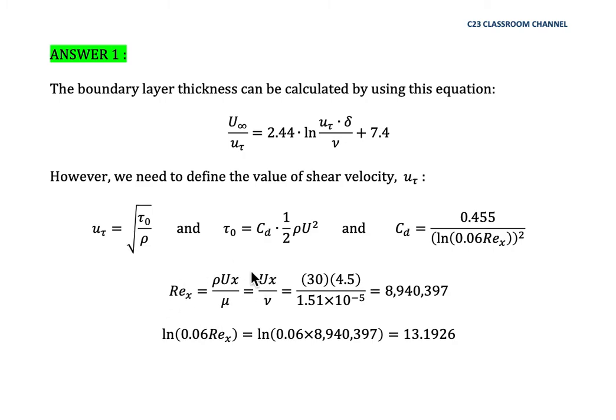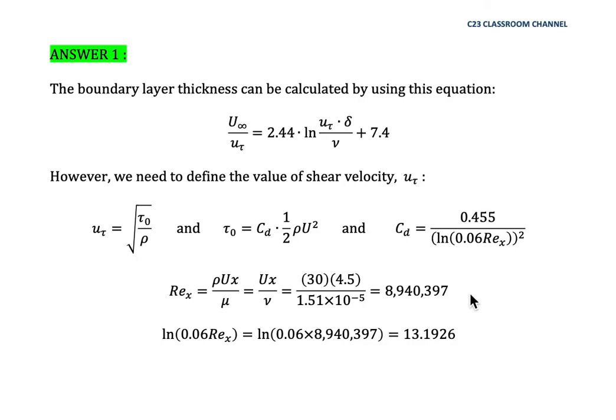So this is the equation for Reynolds number. We have rho Ux over mu, or Ux over nu. Again, please differentiate between the dynamic viscosity here and the kinematic viscosity. It depends on you, any equation is correct to calculate the Reynolds number. So let's say I use the kinematic viscosity here. So I found that the Reynolds number is